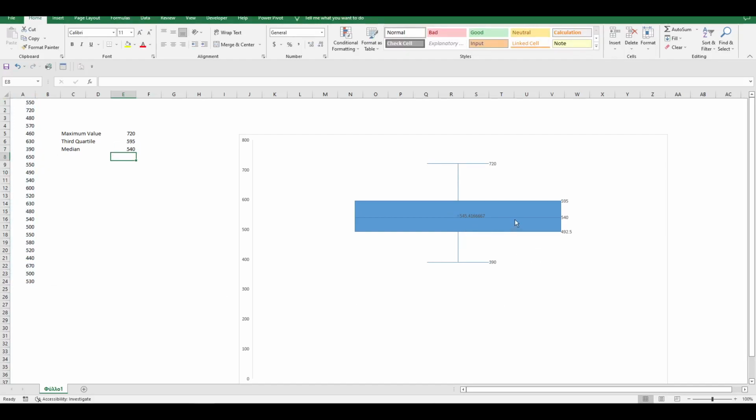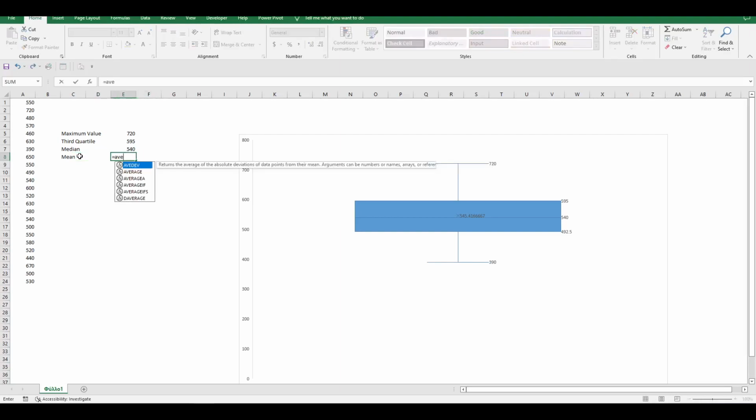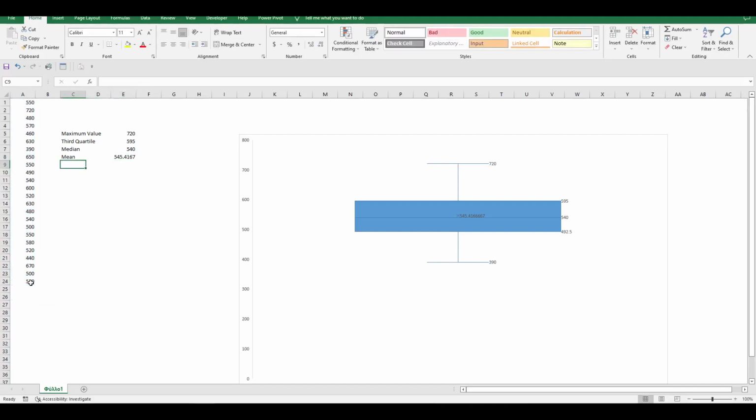With the X sign, Excel denotes the value of the mean. That is close to 545. Here is the value of the first quartile.